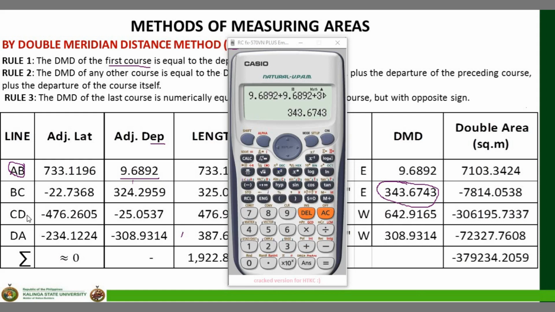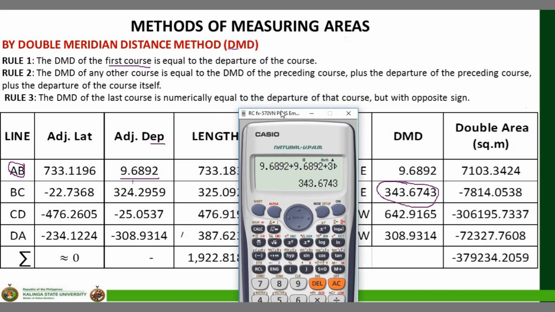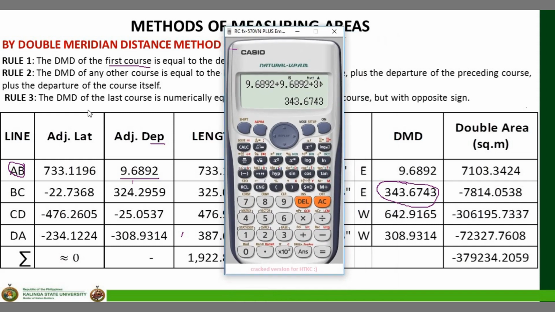So, same with line CD. If you try to read again the rules, rule number 3 pertains to your last course. Since line CD is not yet the last course, so rule 2 pa rin tayo. Again, anong sabi sa rule 2? The DMD of CD is equal to the DMD of the preceding course. Ang preceding course ni CD ay si BC. So, the DMD of BC is 343.6743 plus the departure of BC,